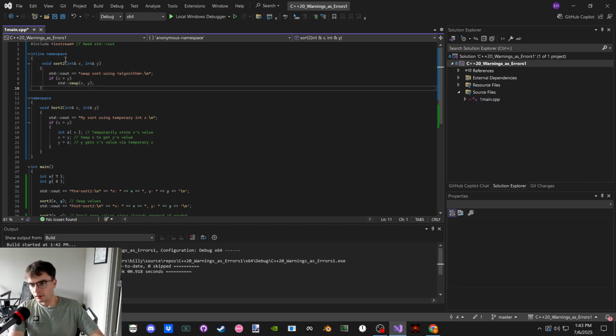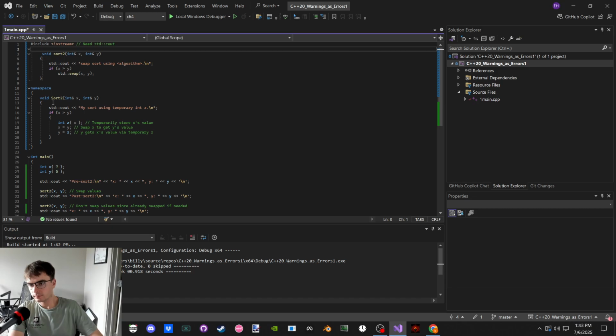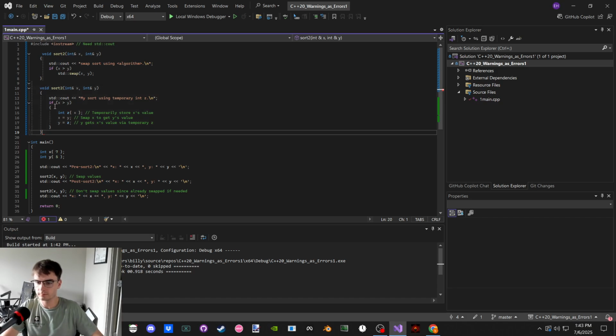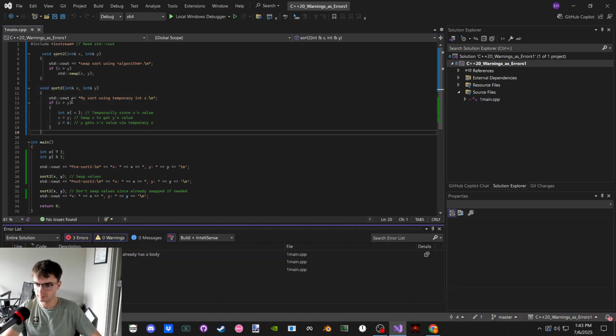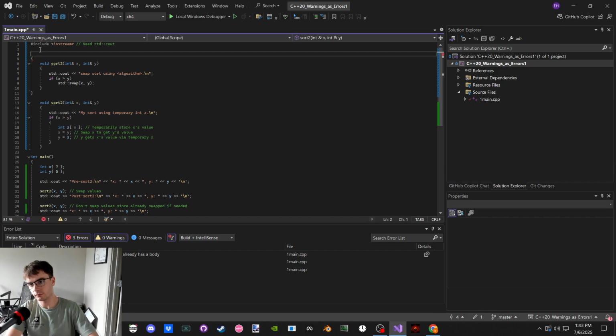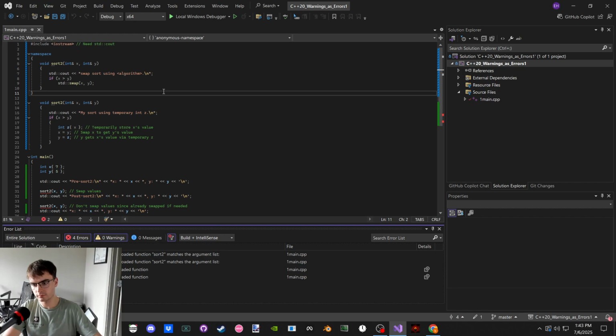Let's start from scratch. This needs to be called sort like that. It already has a body. And if we put this guy within a namespace, it's ambiguous because it's still accessible.